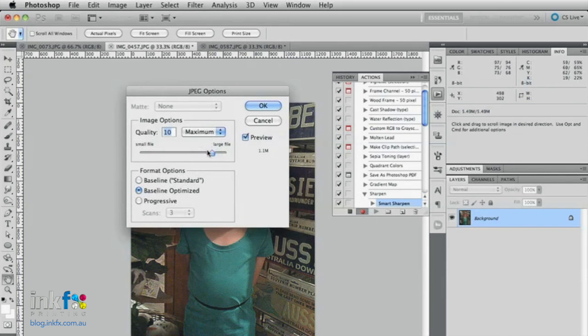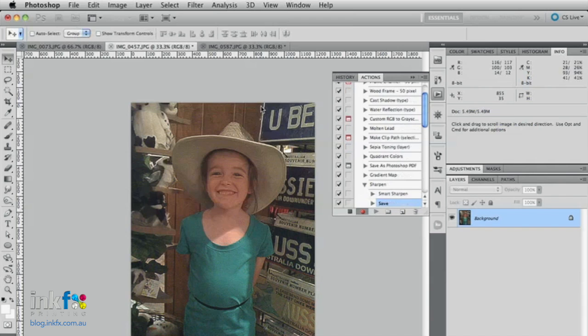I'll just save it as 10. You might, if you really want to have it full resolution, put it on 12 or 11. It doesn't make a huge difference other than increasing the file size though. The difference between 10 and 12, you see it's 1.1 meg at 10, 11 is 1.6 and 2.4 meg for 12,